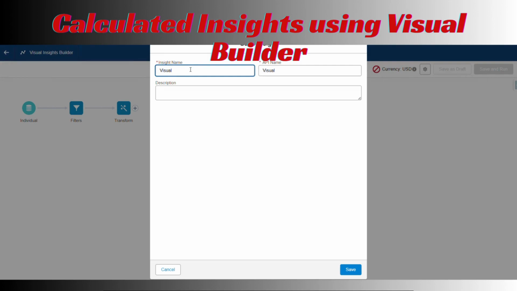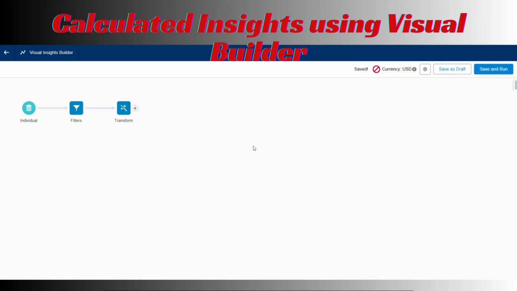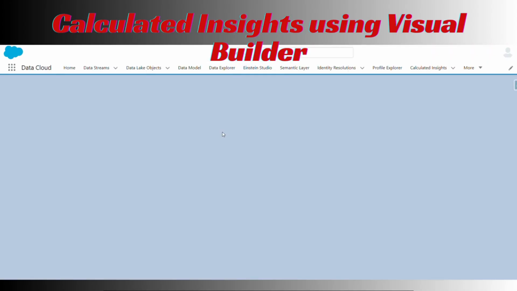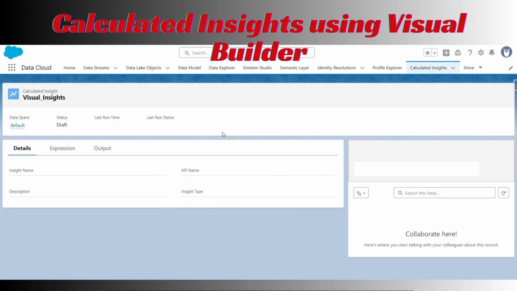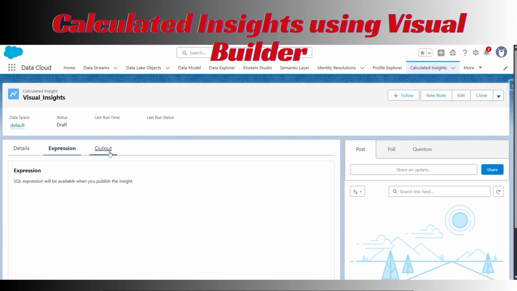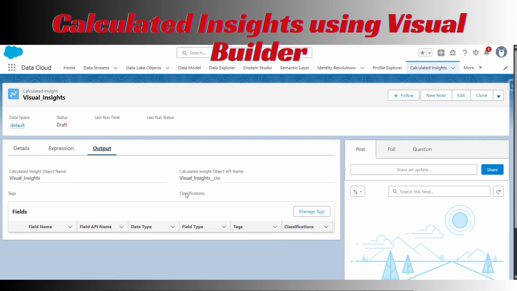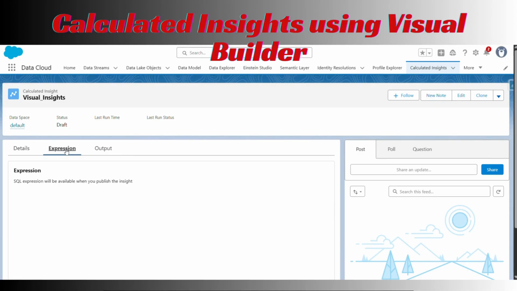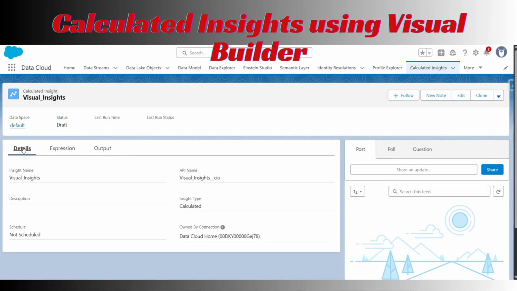So this is all about the Streaming Visual Builder insights, okay. This is not so difficult, because this is very easy. If you don't know about SQL queries, then here you just drag and drop and understand your particular scenarios, okay. So you can use the same scenarios and same expressions in here also. So no need to worry if you don't know about SQL queries. You can use the Visual Builder.